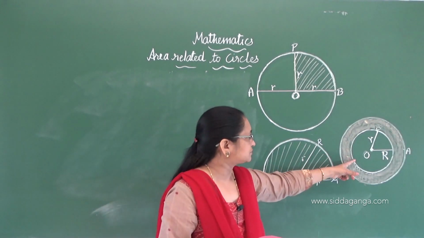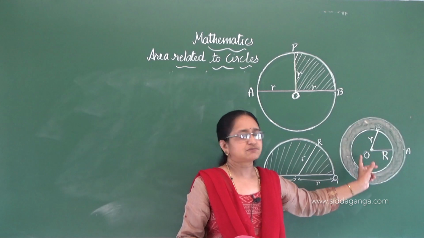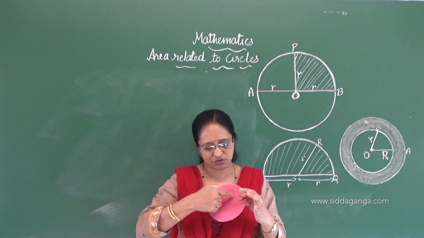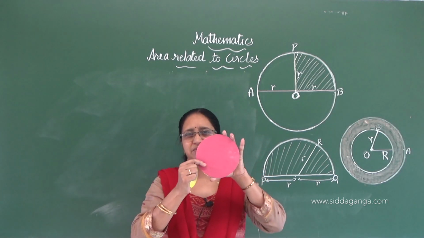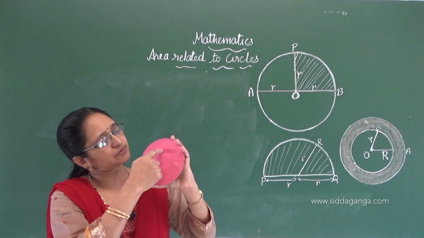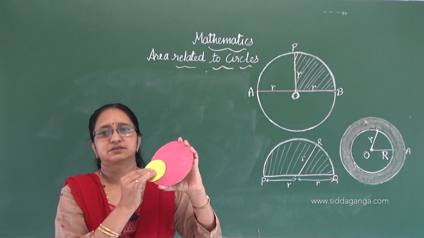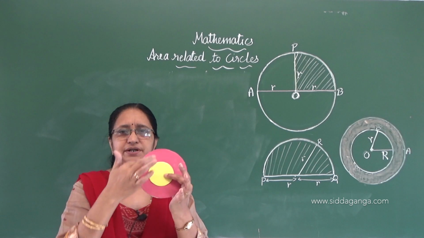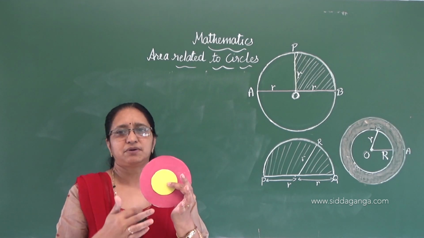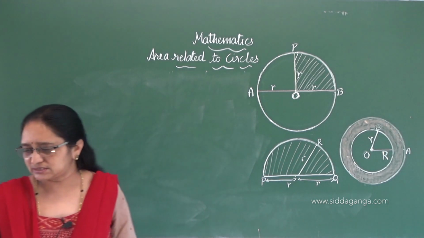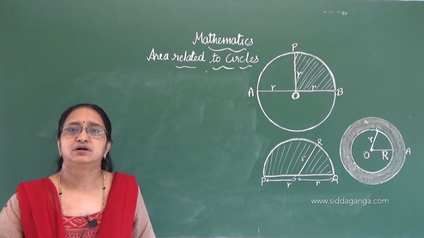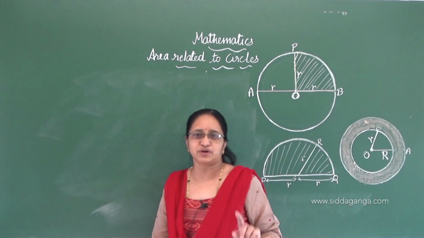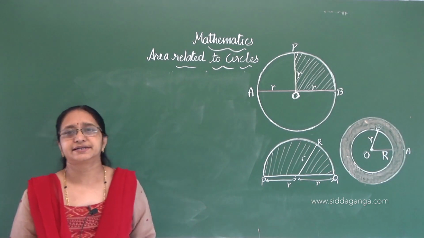The same thing applies here also. To calculate the area of this region, it is the area of the bigger circle minus, so I have to remove this part, correct? Just imagine the area of the bigger circle and I have to remove the region of this yellow circle. So what remains? The ring, the shaded part, remains here, correct? Let us find the area of this, but I am going to give the general formula now to find the area of the shaded region.